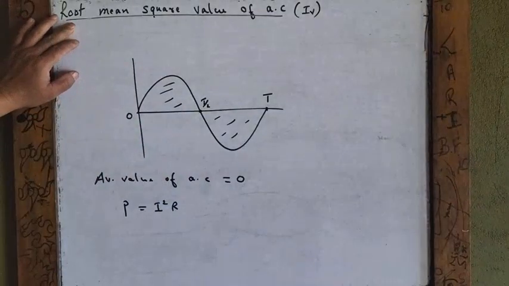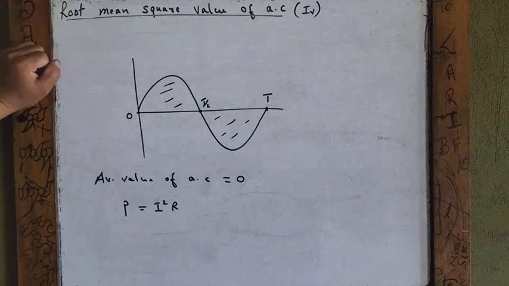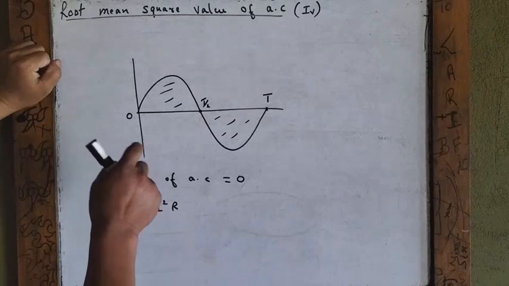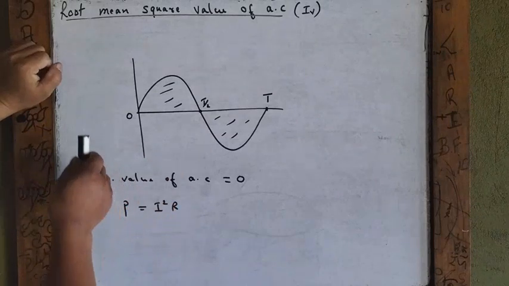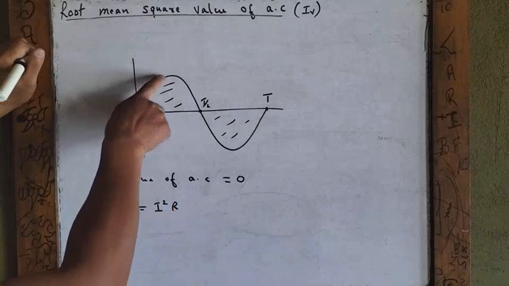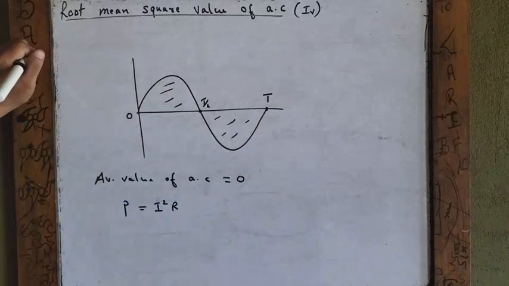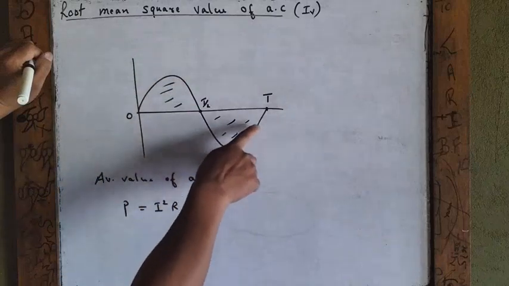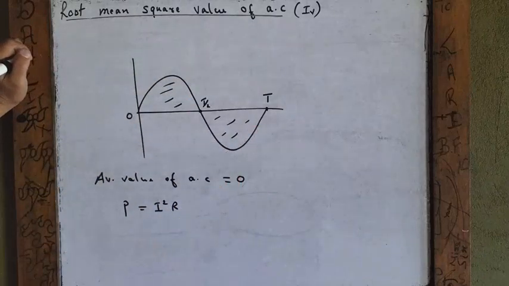Root mean square value of alternating current. Okay, we have seen before that this alternating current, when you represent it graphically, you will get a graph of this type. So this wave here is one complete wave,